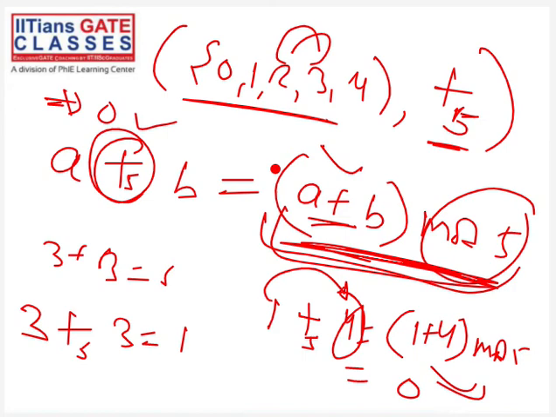Like in group theory, you can have any random operation that they define, anything they want. So you should take care: whatever operation is given to you, first understand that operation. Don't worry, in the question it will be given what the meaning of the operation is. So they will tell you the operation is additive modulo 5. Additive modulo 5 means first you do the addition, then you take the mod. So now you can see.